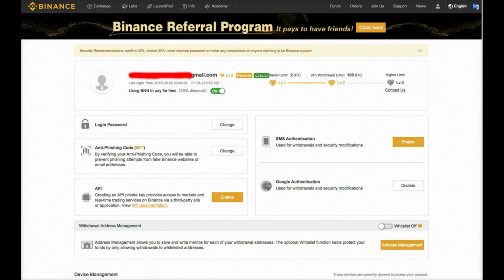Something else you may be noticing standing out here is the banner advertisement for their referral program. Your account comes with an affiliate link you can use to refer friends, family, and really anybody to gain 20% commission on all the trading fees that they incur on the Binance cryptocurrency exchange, and you gain that commission in the form of Binance Coin. This is an easy way to earn some extra BNB to pay for your trading fees.